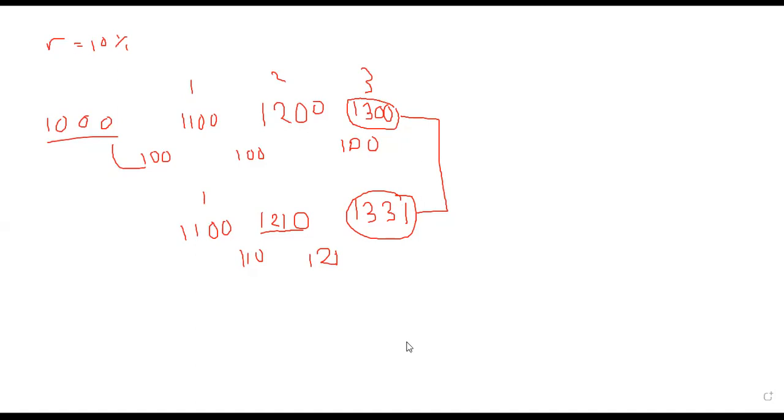So we're now going to look at the methods that we're going to use in evaluating this. So how do we calculate simple interest? Simple interest is simply given by the principal times the time times the interest rate. Call that PTR.